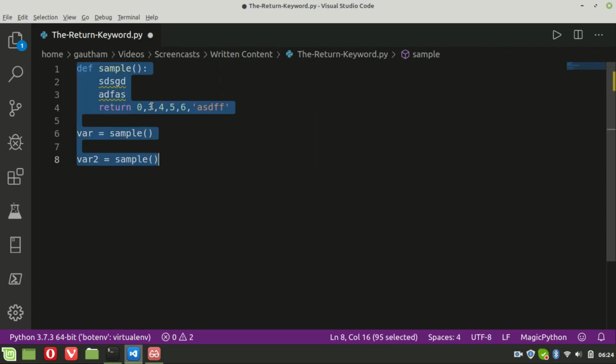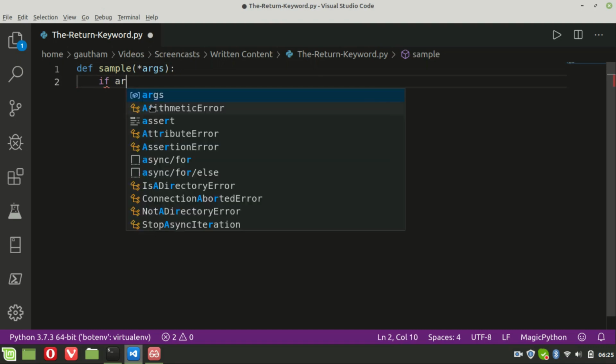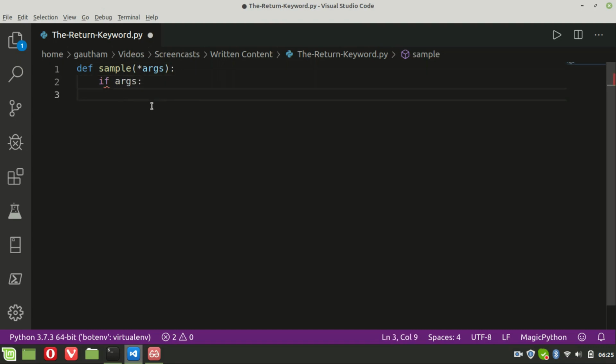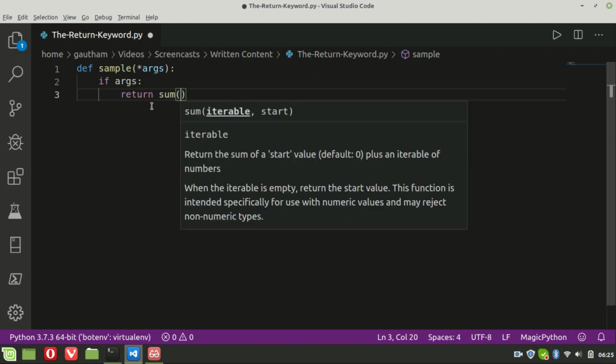Okay, so now let us check that with an example. Define sample. Here I will take star args. So I am writing this function in such a way that if arguments are available, then I want the function to return the sum of the arguments,